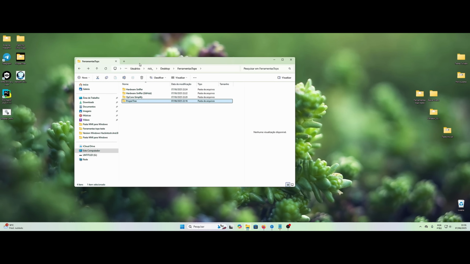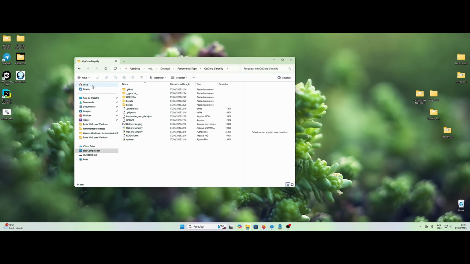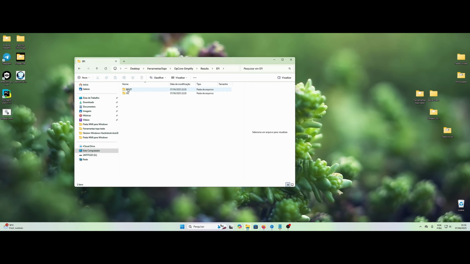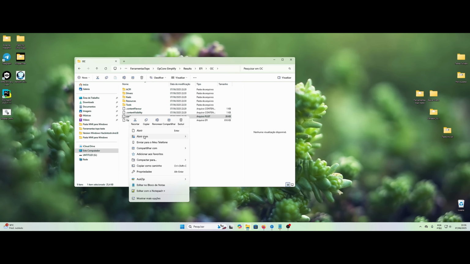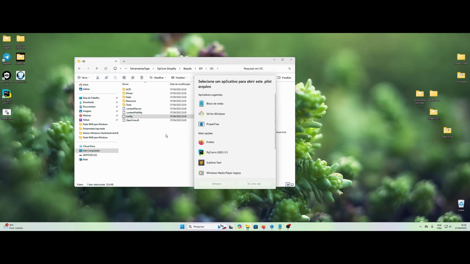Let's go here in OC. Let's open it here with the right button. Here I already have ProperTree, but in your case, we'll only do this once. If ProperTree does not appear here, you come and choose the application on the PC. Let's go for a ride the first time too, no problem.